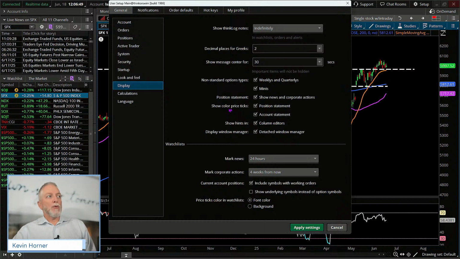Come down to show color price ticks. Again, we're under the general tab in the upper left, and then display. And you'll just want check marks in both position statement and account statement, and then that'll carry the colors for profit in green, colors for loss in red by default to your monitor page and your account statement. So that might be helpful for everyone there.